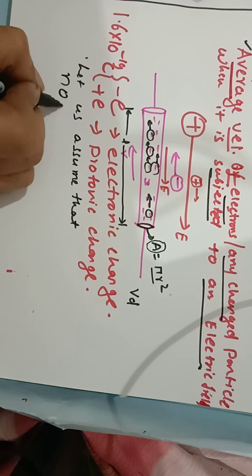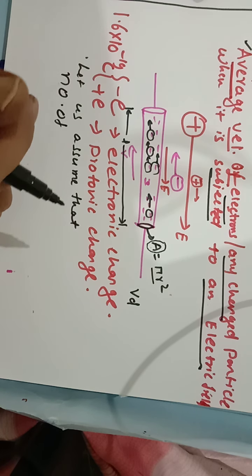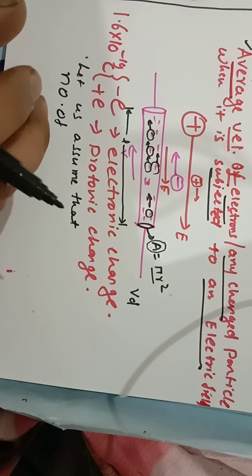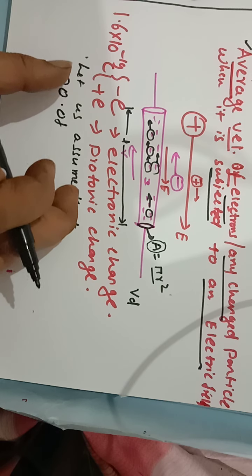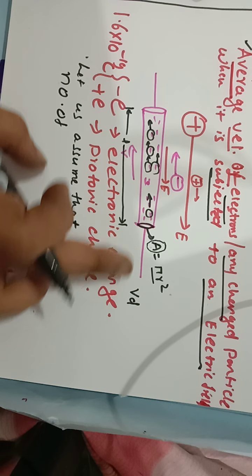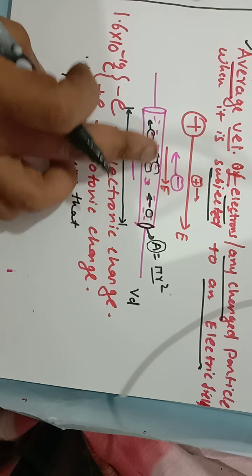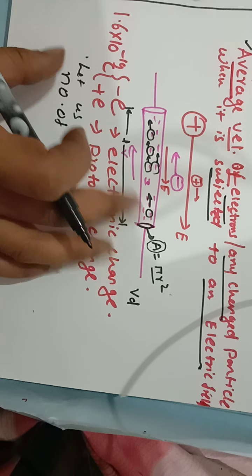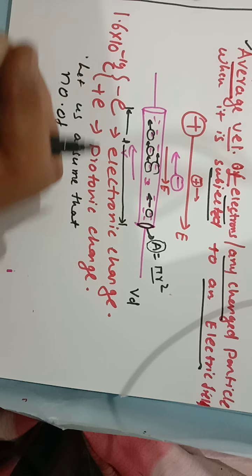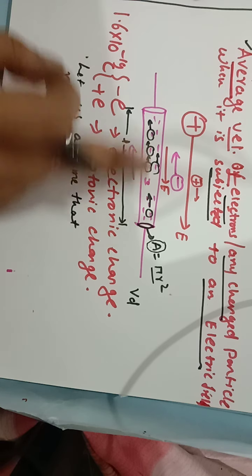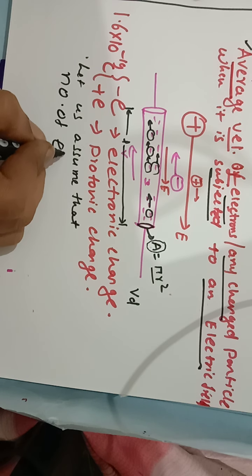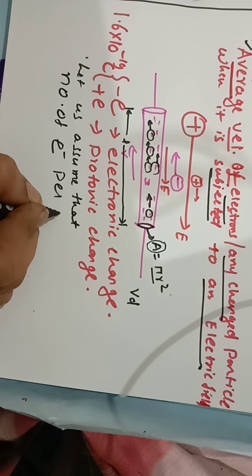Number of charge carriers. Look, there is a trick behind this. When we are calculating Vd, every electron will have some velocity. We don't know how many electrons there are, so we will have to assume something to find the number of electrons in that section. For that purpose we are assuming the number of electrons per unit volume.